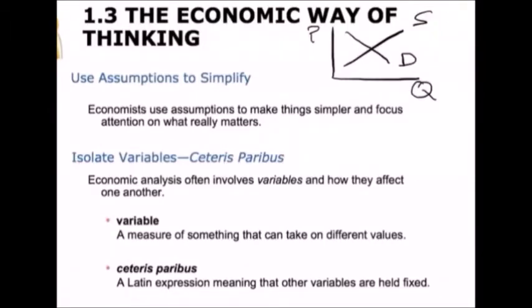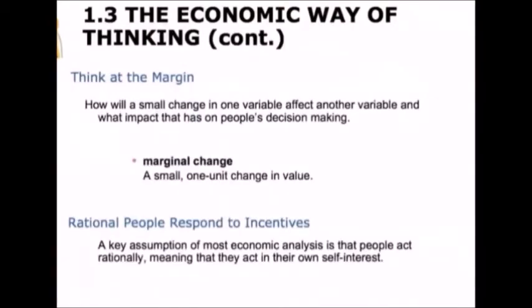Economists also look at small changes in one variable and how that small change affects another variable. We call this a marginal change. In other words, a small or 1 unit change in a value. For example, how much more will you earn if you work for another hour? That's a marginal change in your labor input, and we try to figure out how that affects your income. By looking at small changes, we're able to refine our analysis and become much better at looking at how people make choices.